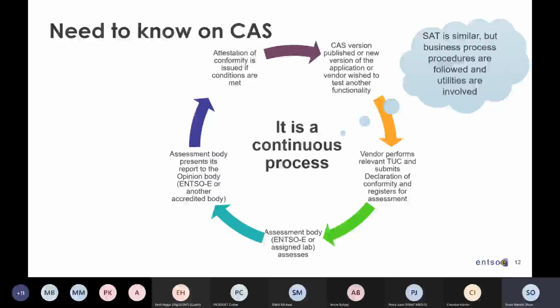So I think the key thing is to do your self-assessment, and then decide what makes sense for you to submit to the assessment body. And I think it's better for you to schedule it in a way that fits with your release, than have it forced upon you. But we will try.